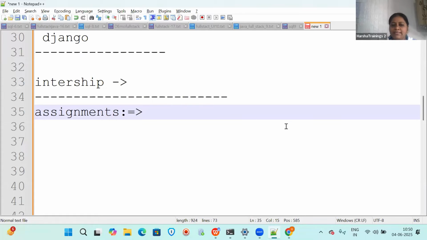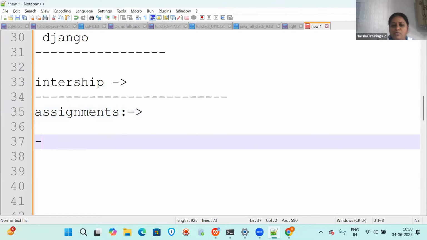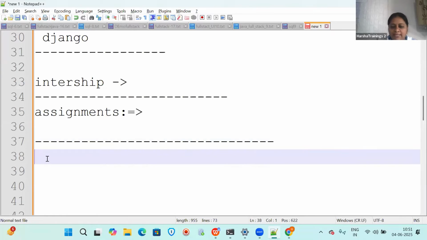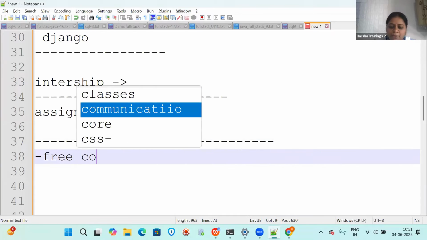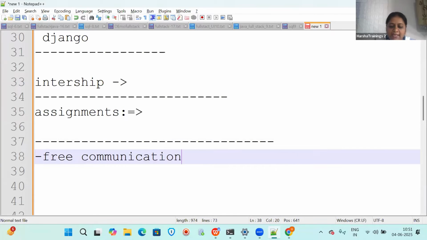So this is about how the course will go on day by day. A 1 hour session will be there initially. After 1 week or 2 weeks, we'll increase the time to 1.5 hours, because to learn technology in depth, you have to spend more time in the session also. And along with this full stack course, you will also be learning communication and